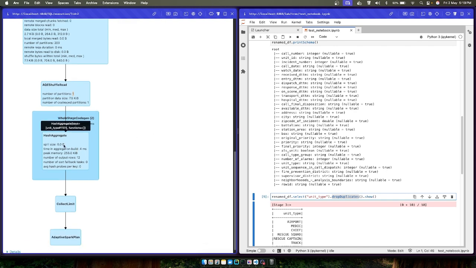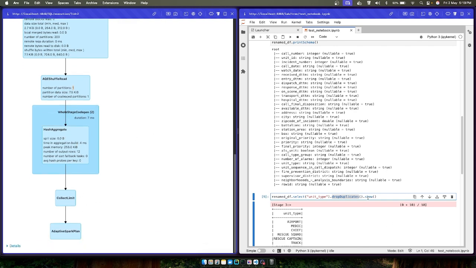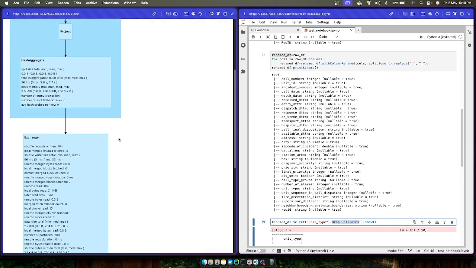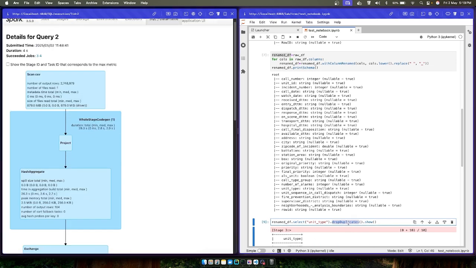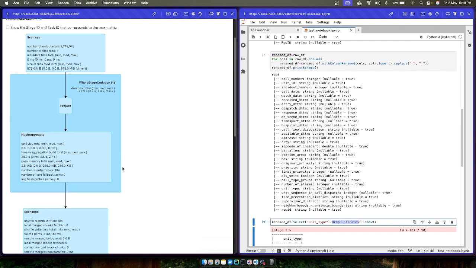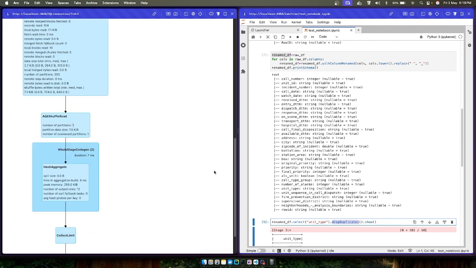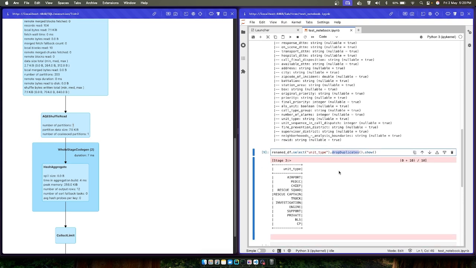Then again some hash aggregate, and then finally you get this result. Why is this hash aggregate there? Because drop duplicates shuffles the data. To understand what data is available where, it needs to shuffle the data and pull distinct data